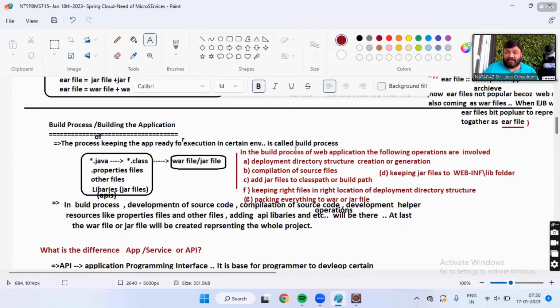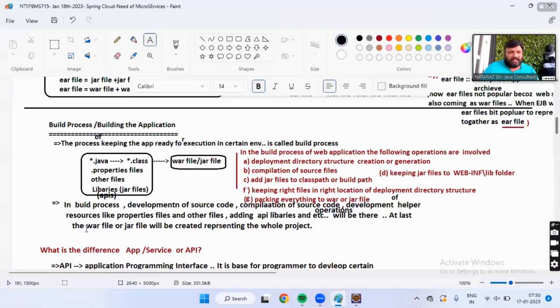Right, guys? These are the things. In the build process, development of source code, compilation of source code, development of helper resources like properties files and other files, adding API libraries and so on, operations will be there.